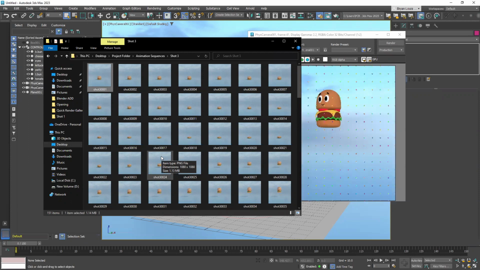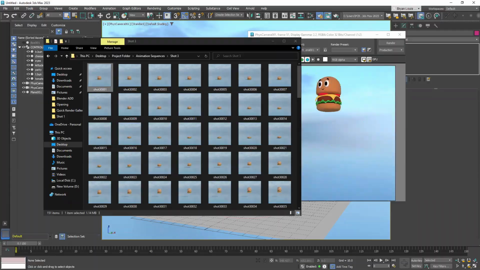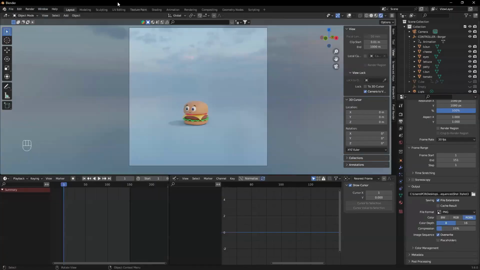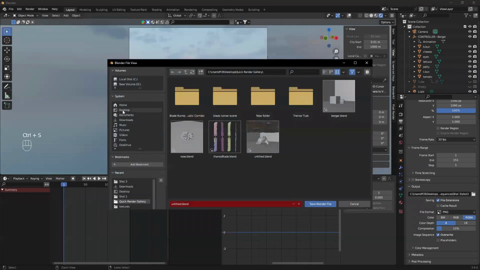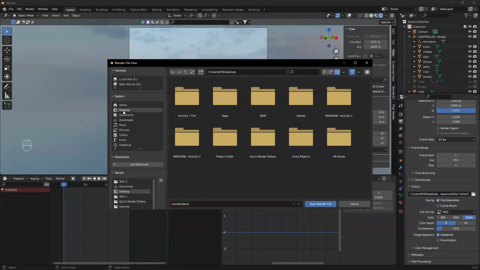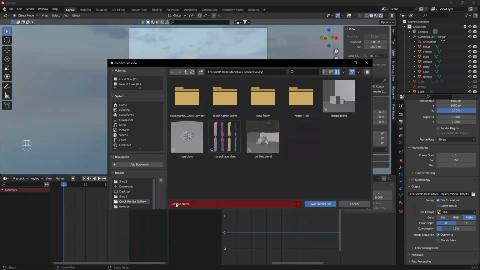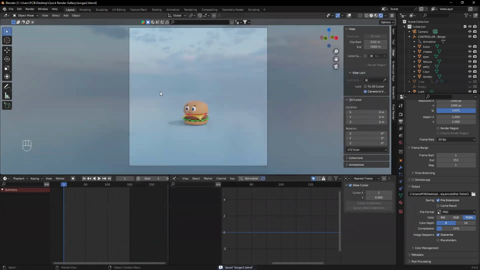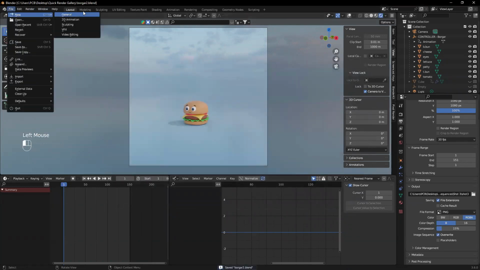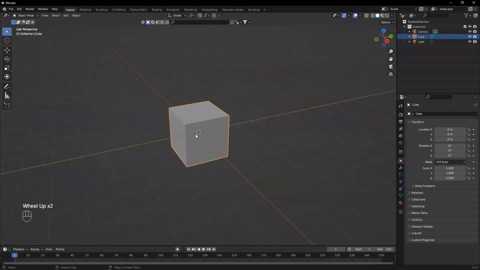But, let's say, wala kayong Premiere, no? You just want to convert this one into a video, which I highly recommend na rin, no? Mas maganda rin yung magiging process nyo dito, no? So ang gagawin, kung pwedeng gamitin natin si Blender. So let's just save this one. Quick render gallery na lang. Ayan, gamitin ito. Borgard 2. Ayan. Sobrang generic. Okay. So gawa tayo ng panibagong file and then let's convert our image sequence into a